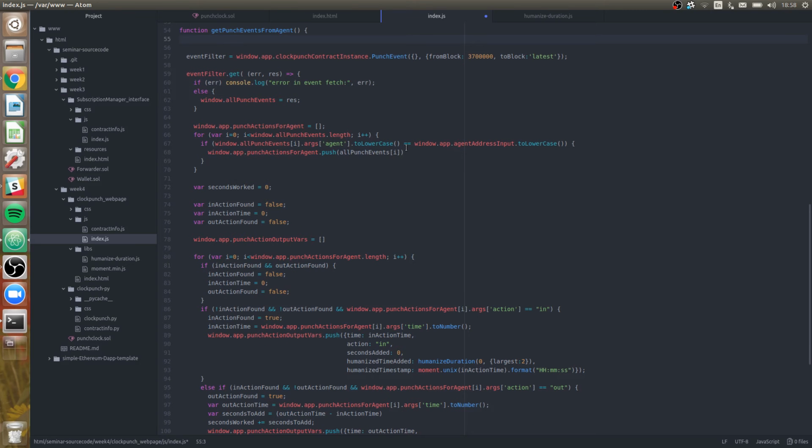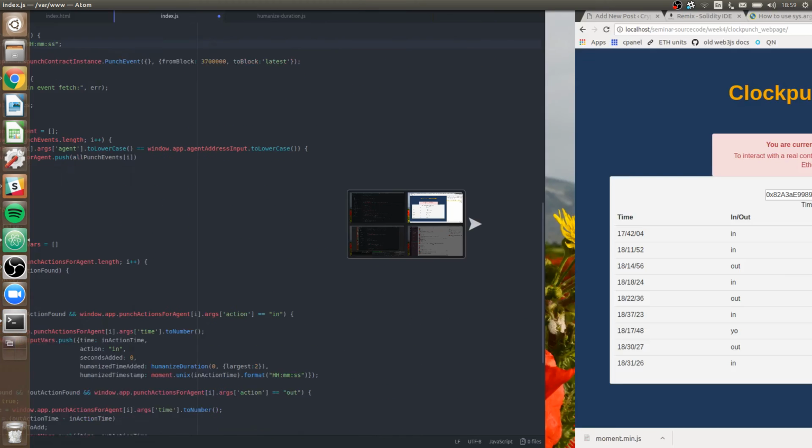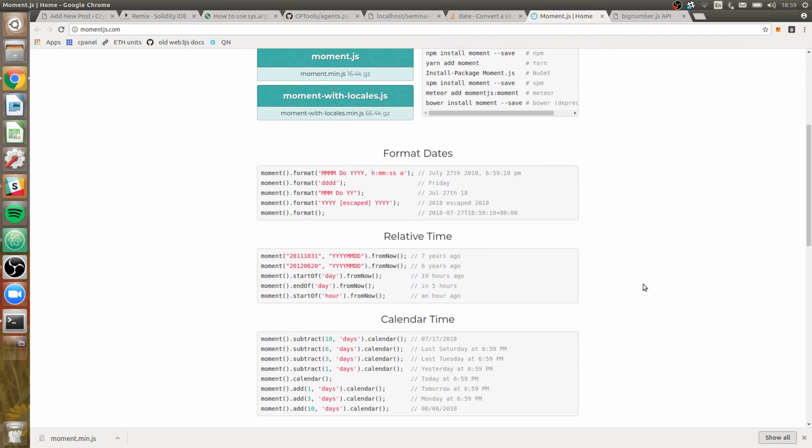So I'm going to say format string, timestamp format string equals, and then so what we already have is hours, minutes, and seconds. But let's go ahead and add into this the day stuff. So let's go to the moment.js. Yeah, this is what we want, something like this. I'd like something concise,